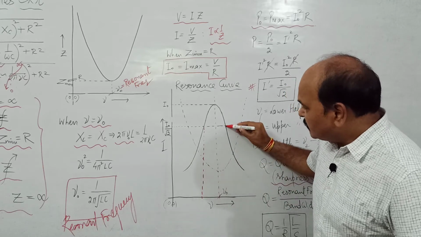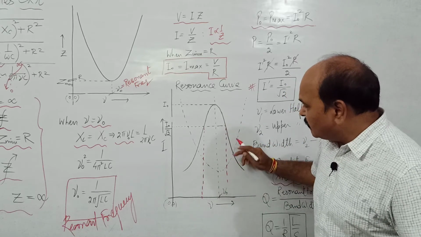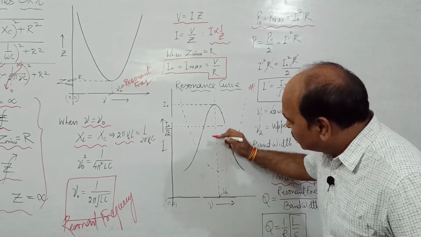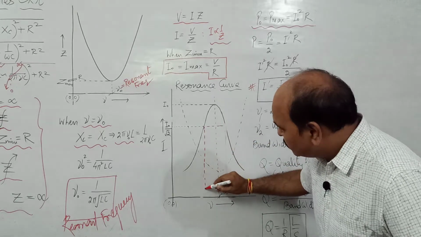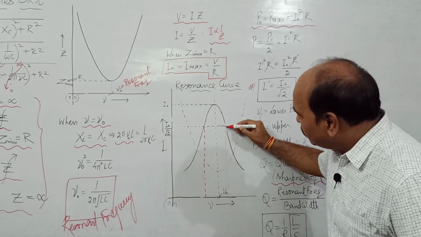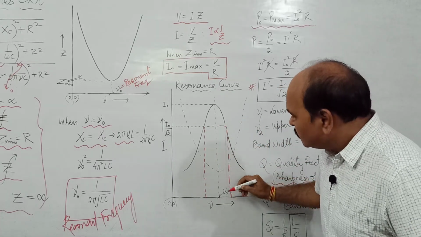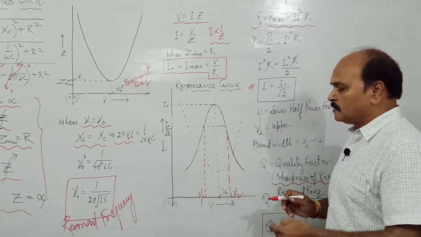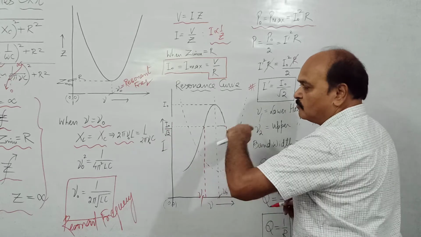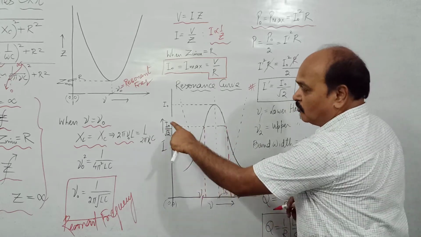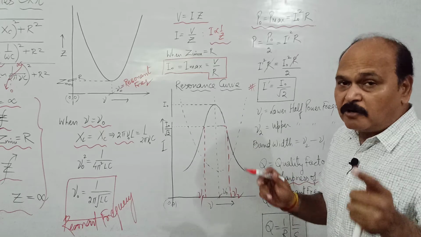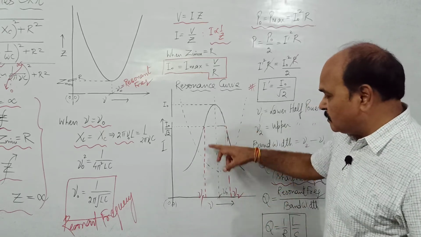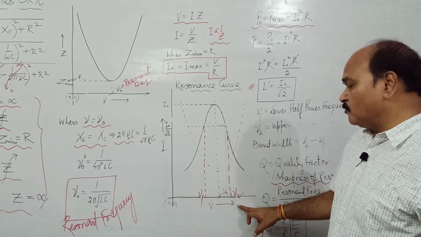And this particular value of current occurs for two different frequencies. One is nu 1, other is nu 2. The graph is parabolic. Every value of current is going to occur for two different frequencies. So this I naught by root 2, at which the power is half, also occurs at two different frequencies. One of the two frequencies is nu 1, the other frequency is nu 2.